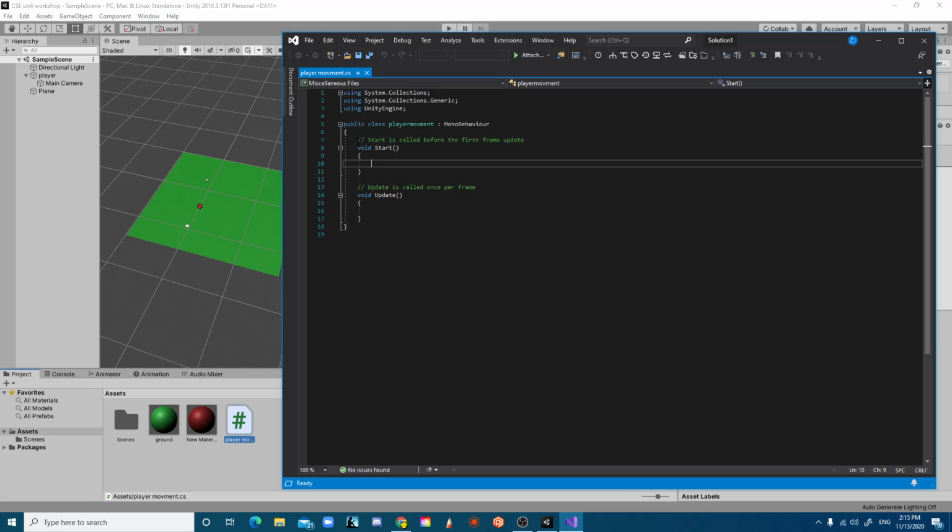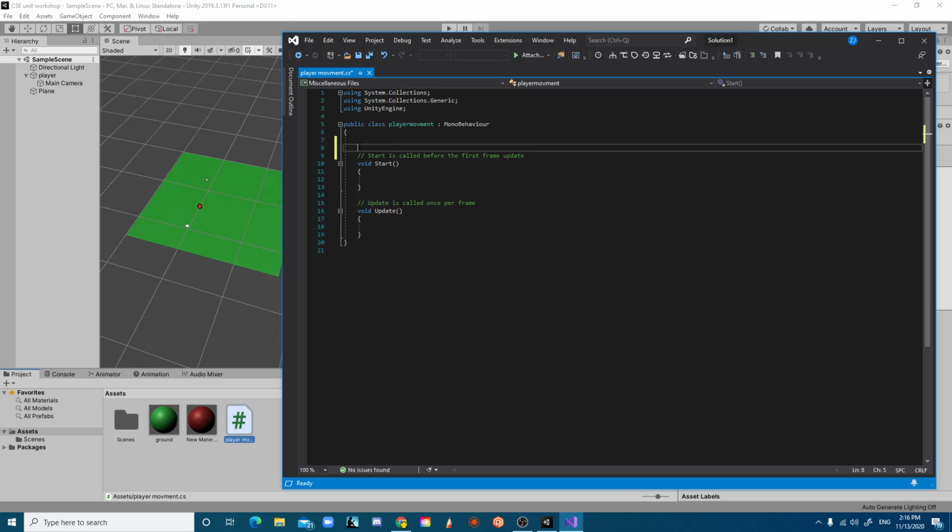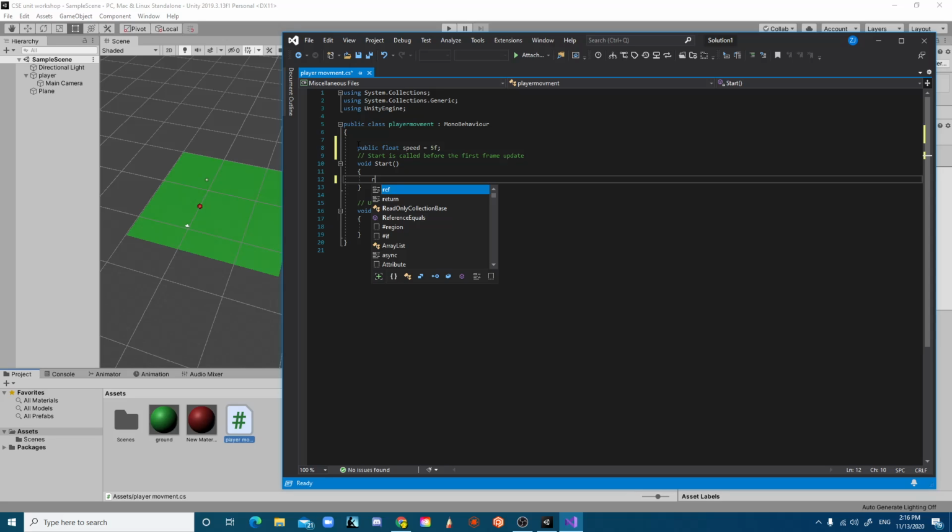So first thing we want to declare when you want to do movement is speed. If you don't have any speed, you ain't going nowhere. So we're going to do a public float speed. I don't know how to use a keyboard, so we're going to have to go back. And we'll call it 5f. And in void Start, we're going to do RB equals GetComponent